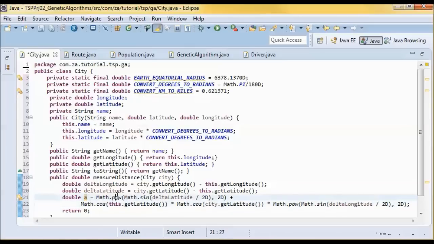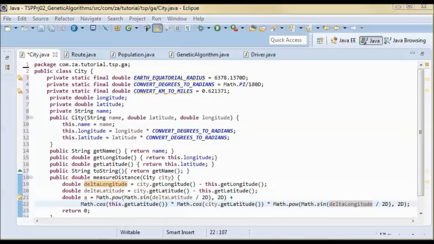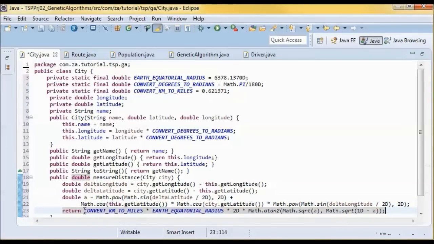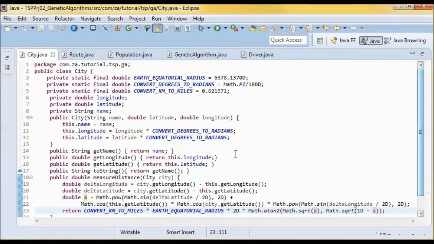So pick up A by doing this and passing in here the delta latitude, and we're passing in here the delta longitude. And I will return the distance between the two cities in miles. So this is A that we calculated here. So in short, this method uses the Haversine formula to calculate the distance between the passed-in city and this city.